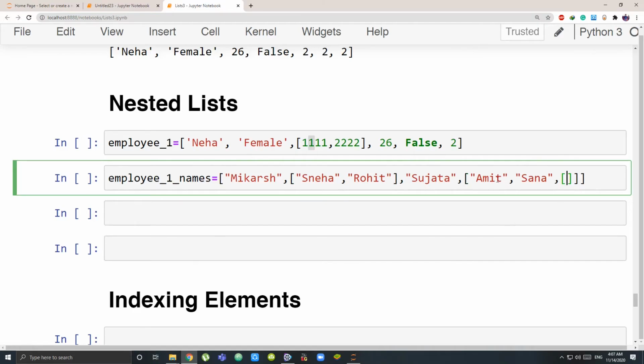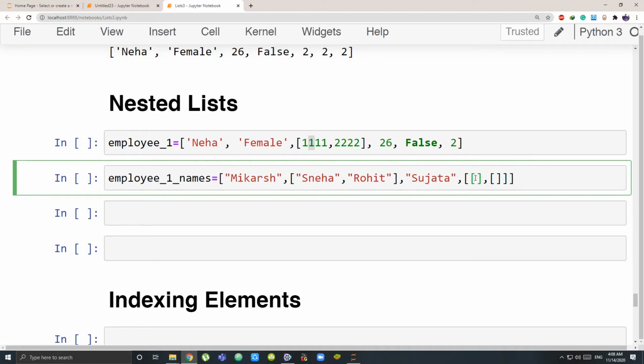So in children there will be children, which will be one list. So let's make that one list. So this is our list. Okay, let me just show you the whole thing. So after Sujata there is the list for children. Now these children are divided into two: the children and the grandchildren. So I have to make two lists within this single list,